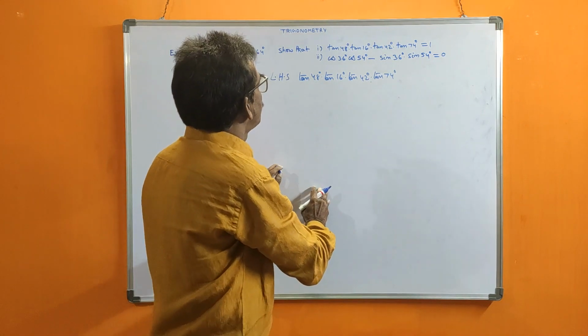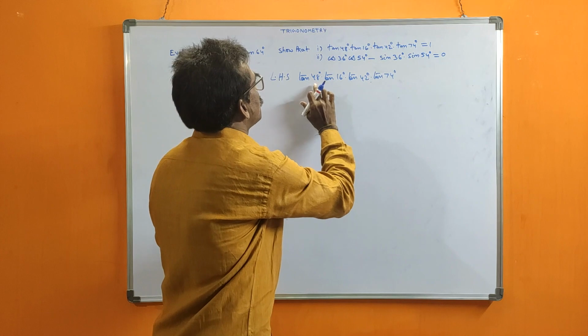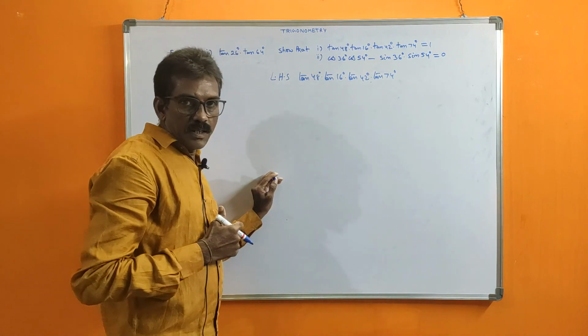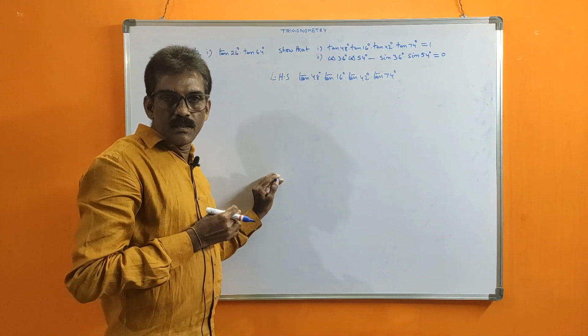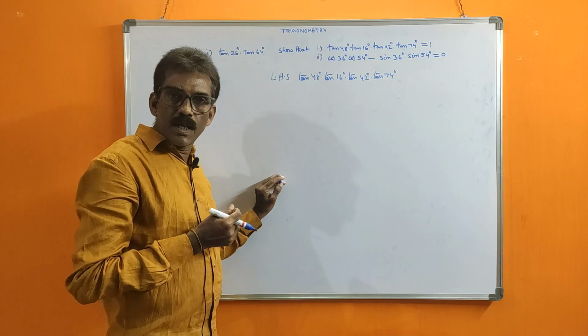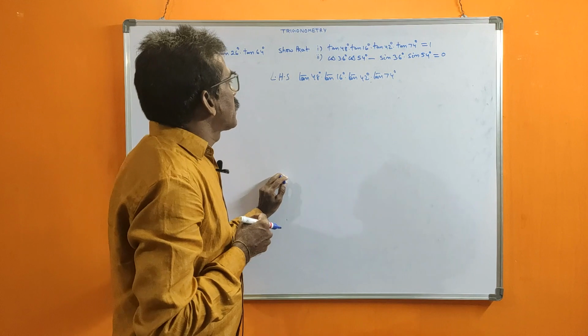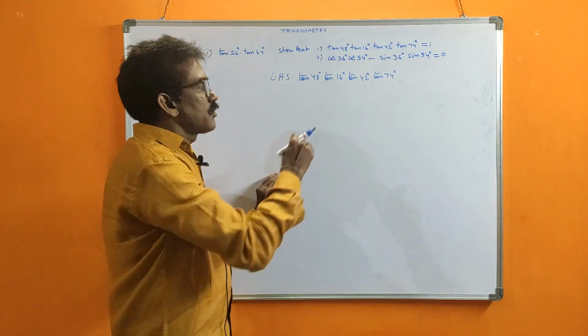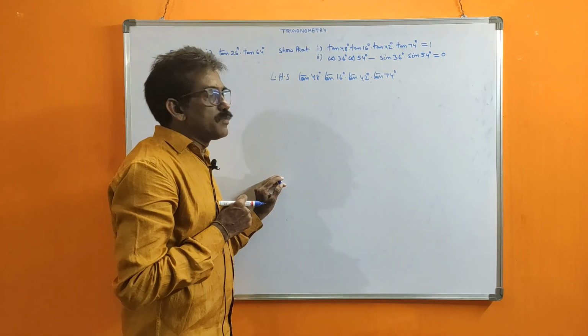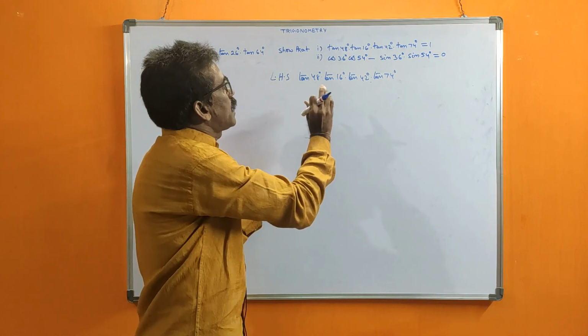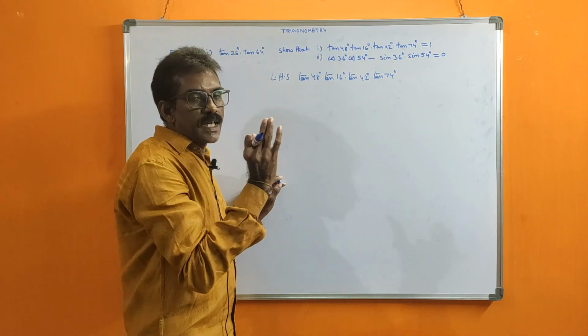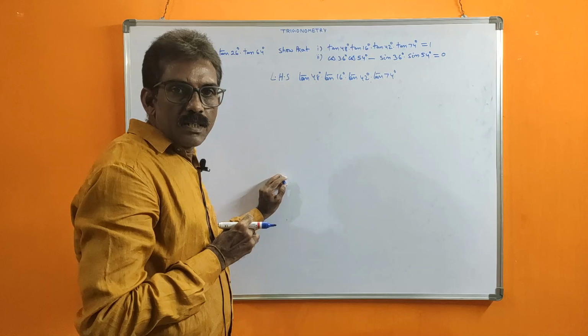What does the simple method here mean? Because these are all in multiplication, we can change the order. A into B into C is equal to B into C into A or C into A into B, any way we can write. For that reason we can change the order, which means the angles that are complementary, we write as a pair. That is the easiest way.